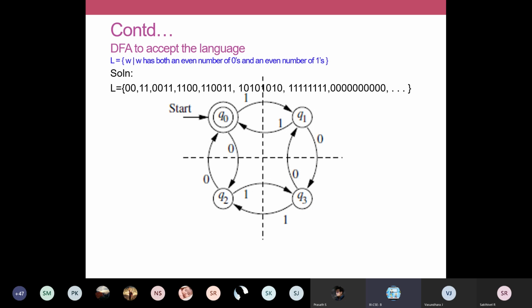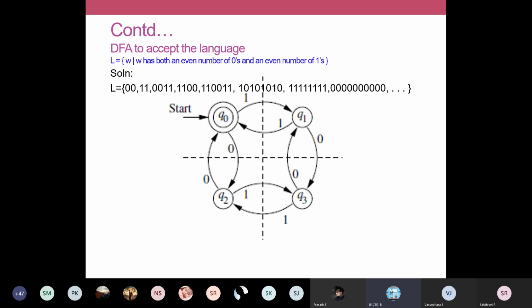In all these states, you just observe, you have a to and fro loop. In Q0, on reading a 1, I go to Q1. On reading another 1, I come back to Q0, so that the condition is maintained. For even number of ones, I come back to Q0. And for even number of zeros also, I have to be at Q0. So we use a state called Q2 for that purpose. On reading a 0, I'll go to Q2. On another 0, I'll come back to Q0 itself.